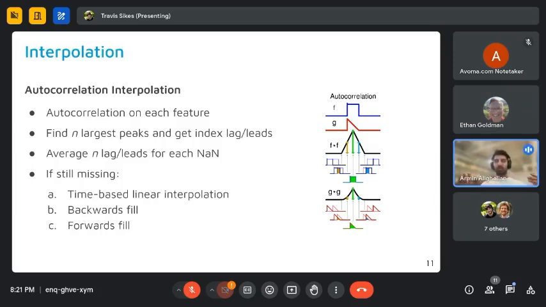We choose the lag from minus, I don't know, a week to plus a week, and then we roll these time series alongside each other. And then for each lead and lag, we have one number, basically one correlation. We rank them, and based on the highest correlation, we choose n of them.